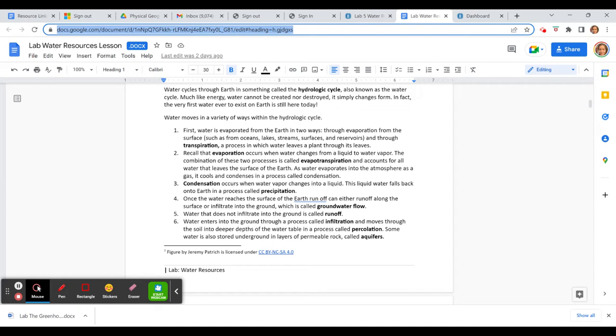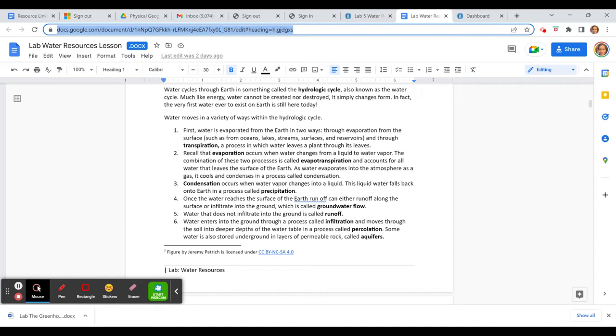And when plants breathe, as with humans, we actually need a little bit of water in the air. And same with plants. When they breathe out, they actually breathe out a little bit of water as well. So remember that evaporation occurs when water changes from a liquid to a water vapor. So that's like a gas. The combination of these two processes is called evapotranspiration and accounts for water that leaves the surface of the